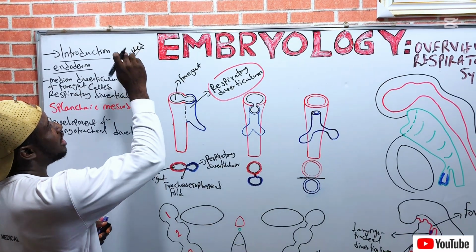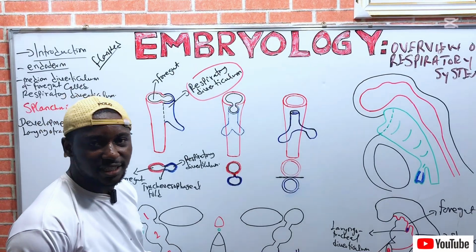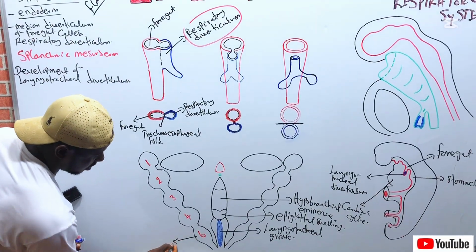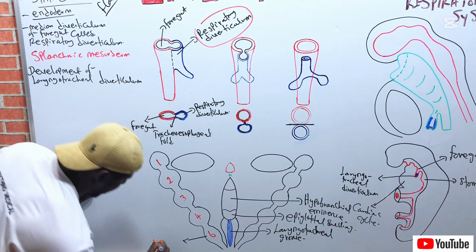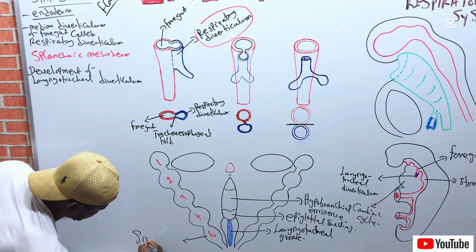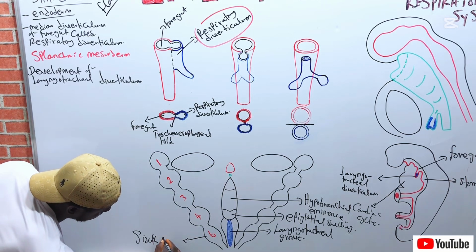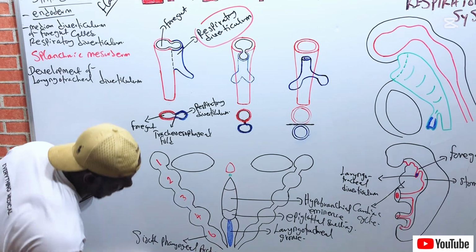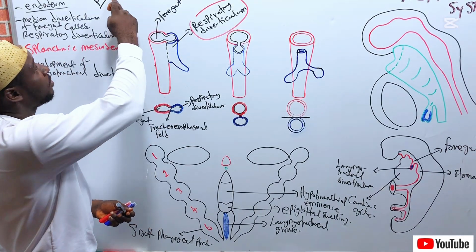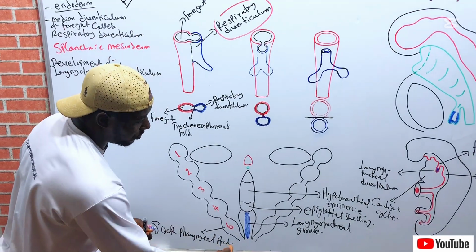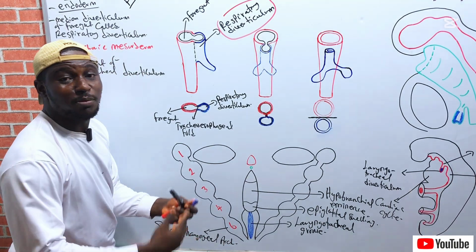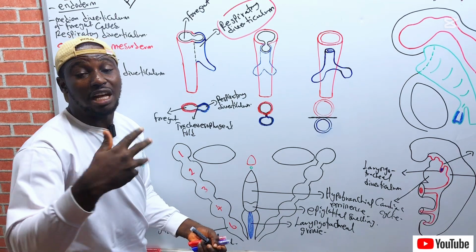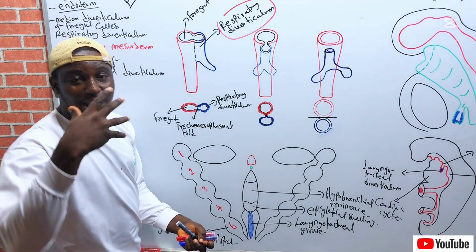The laryngotracheal groove is flanked by the 6th pharyngeal arch. The 6th pharyngeal arch is usually flanked by the 6th what? Pharyngeal arch. Once it is being flanked, it deepens the groove to form a longitudinal diverticulum called the respiratory